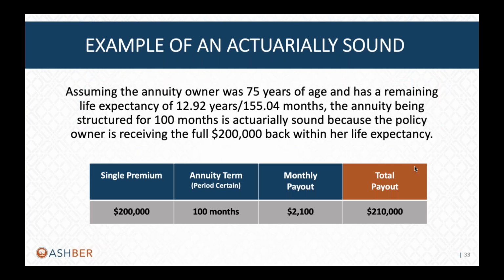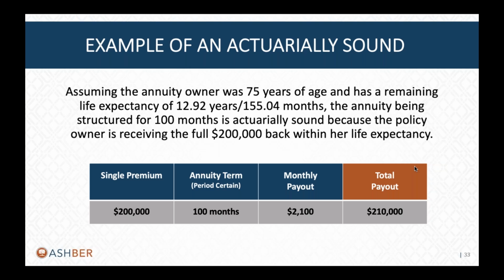Looking at an example of an annuity that would be considered actuarially sound, if we assume that we have an annuity owner that is 75 years of age and has a remaining life expectancy of almost 13 years or 155 months, the annuity that you're seeing on the screen here would be structured over a 100-month time frame. And because this 100 months is less than the full life expectancy of 155 months based on this person being